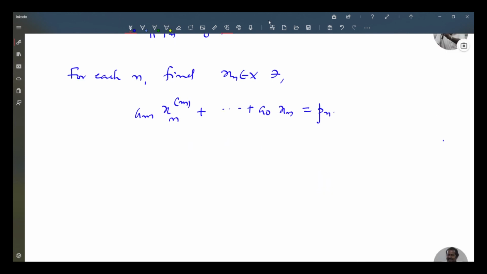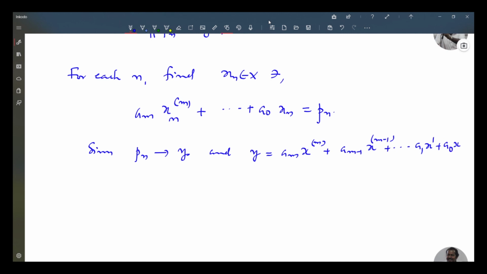Now since P_n converges to y, and y equal to a_m times the mth derivative of x plus a_(m-1) times the (m minus 1)th derivative of x plus etc. plus a_1 x' plus a_0 x,